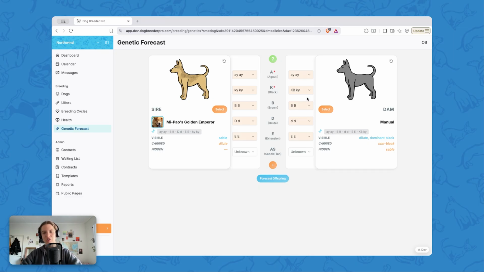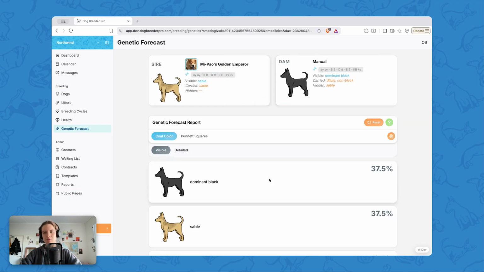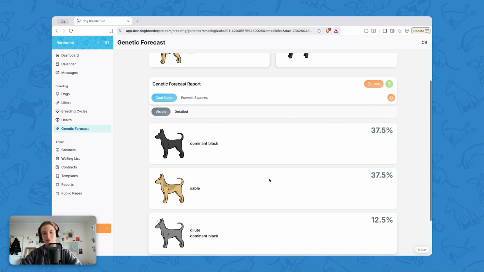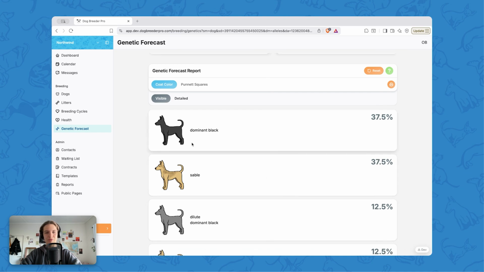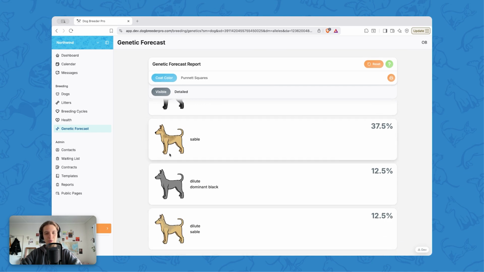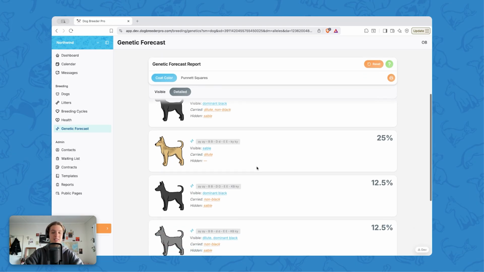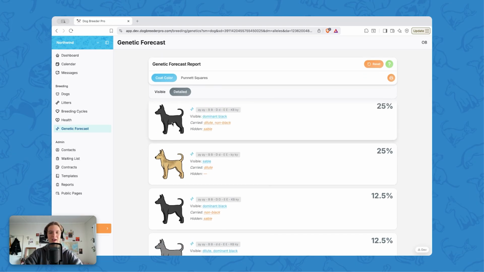Okay, so let's make a change. There. I think that's all I'm going to do. Okay, let's try again. Forecast offspring. Okay, so here we still have these four different options. But if I click here on detailed, you'll see exactly what I was talking about earlier. We have two dogs that seemingly look